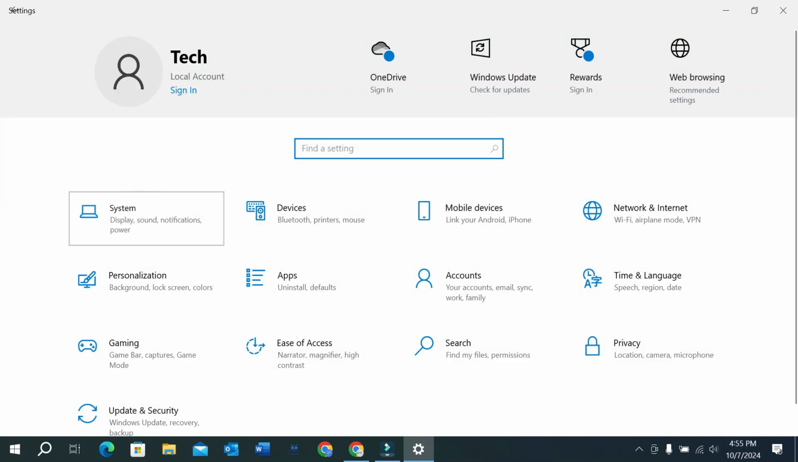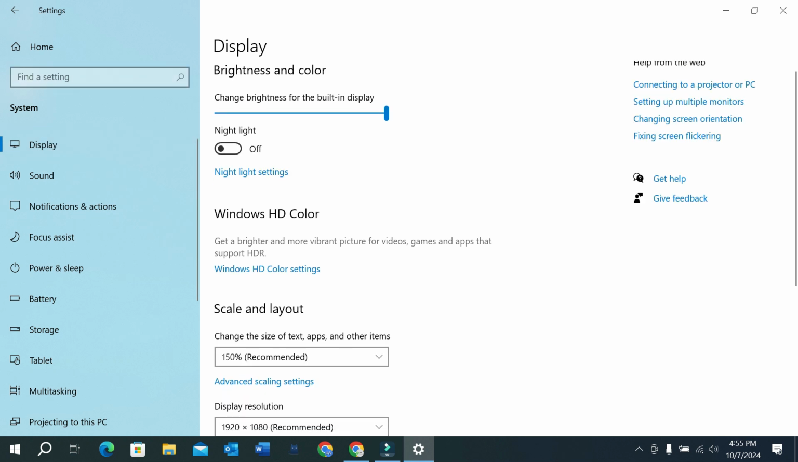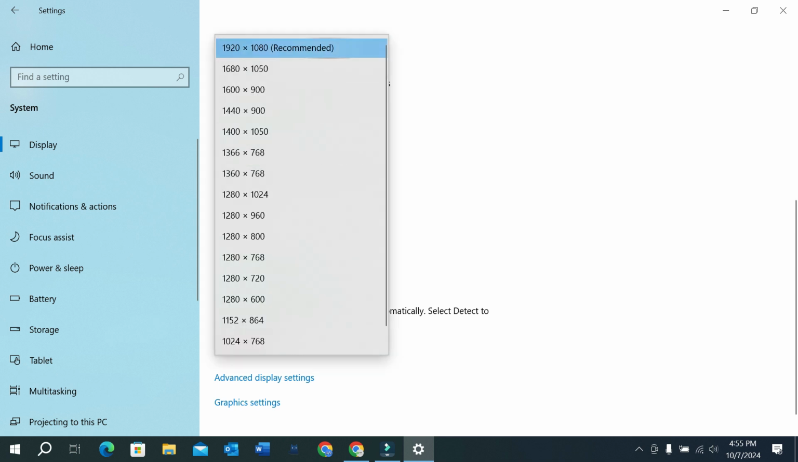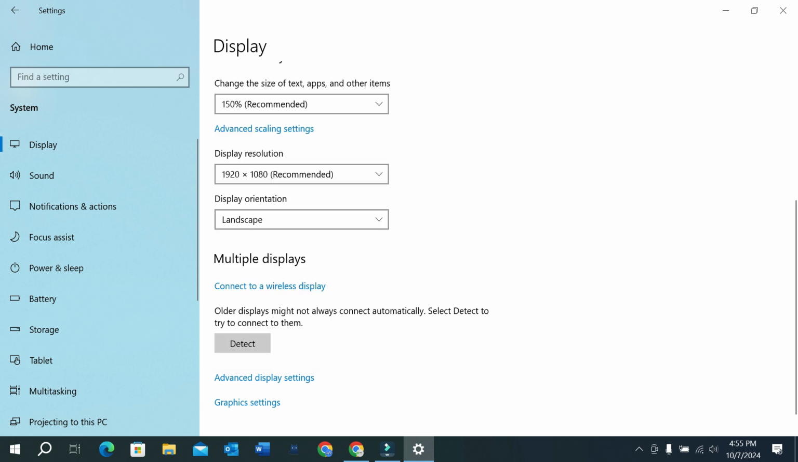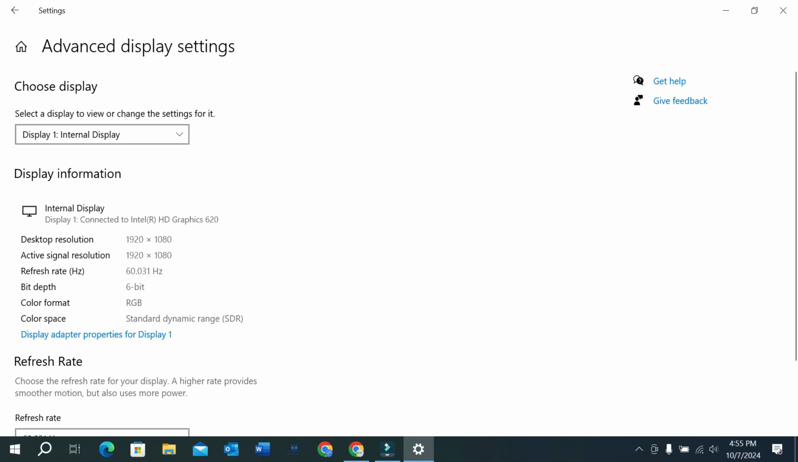and open again system, display, and then if you just scroll down, here you can see there is an option display resolution. Select it and make sure you selected the recommended option, and then if you just again select advanced display settings, just